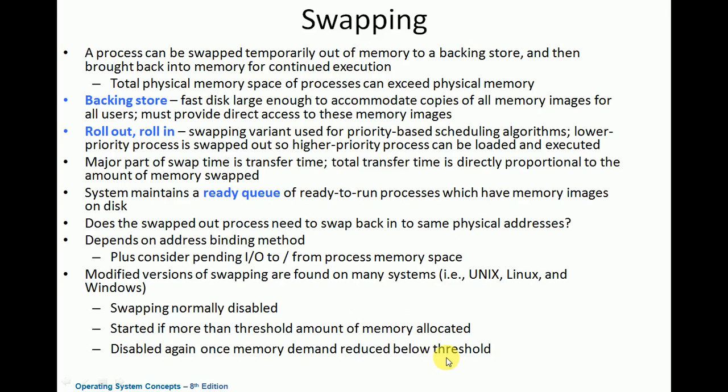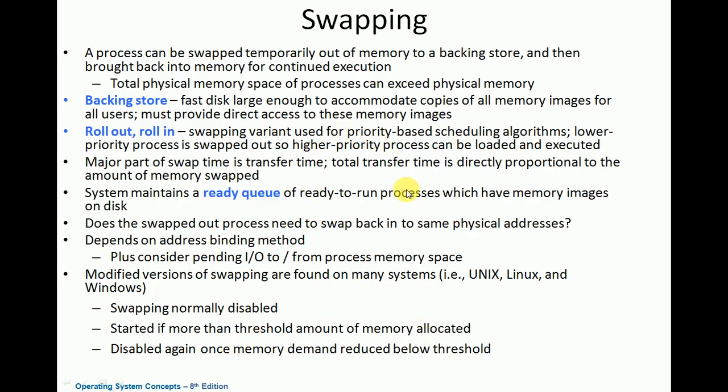Now let us move on to the next topic, called swapping. We know that in a multi-programming system, multiple programs need to be loaded into the main memory, but the size of main memory is limited. We cannot store all the programs that we want to execute in the main memory. The program which is currently being executed can be kept in the main memory. The programs which are not currently being executed can be stored somewhere outside. So here we make use of a concept called swapping.